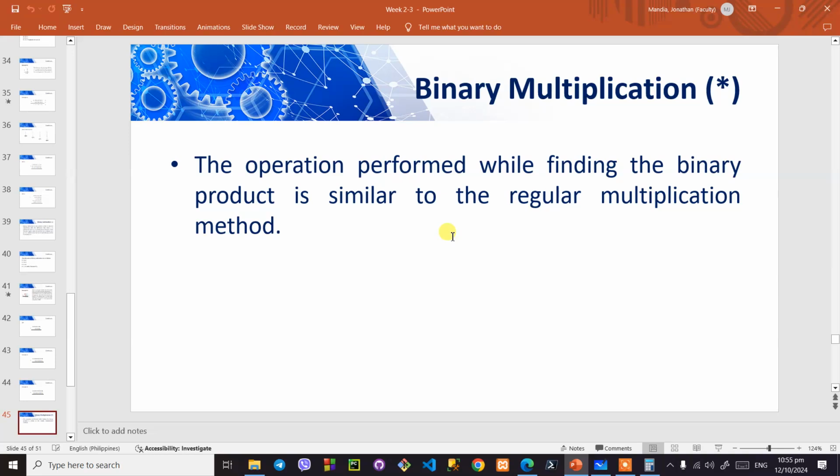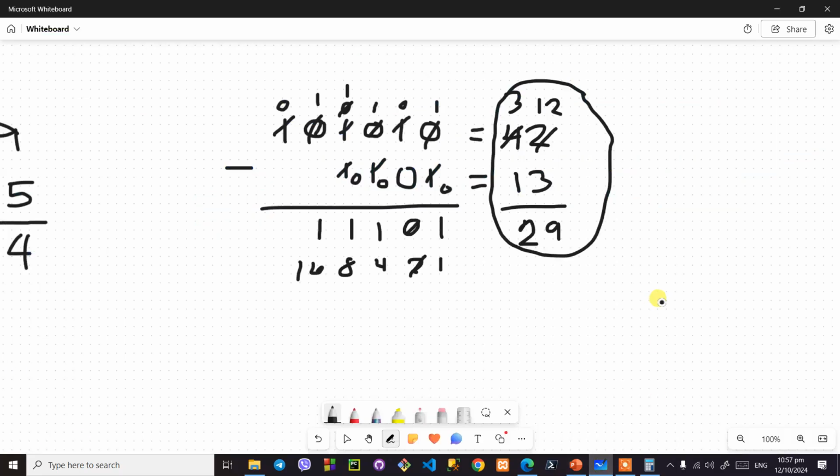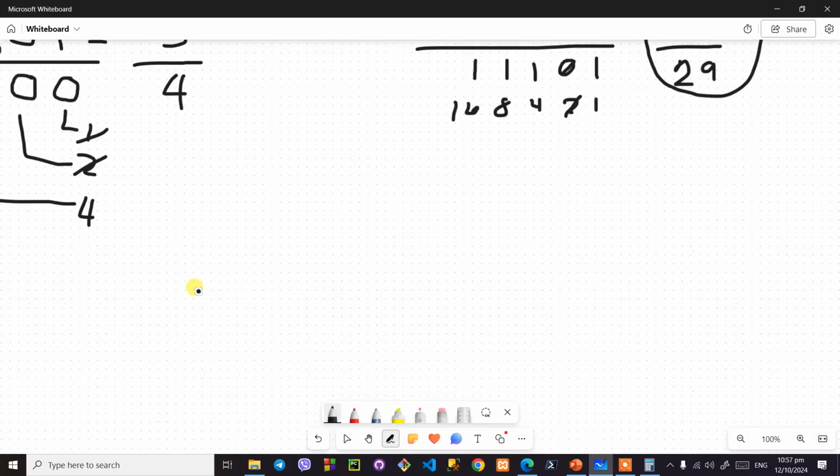Next is your binary multiplication. Okay. So now, binary multiplication is still the same, you do things on the multiplication table, as with the factors in your decimal values. So the only difference is that we use binary. Example, based on decimal, this is only a glimpse, guys. Of course you already know how to multiply. So let's say for example, you have